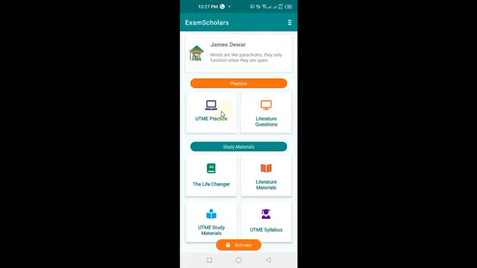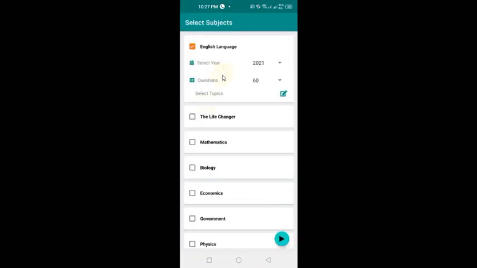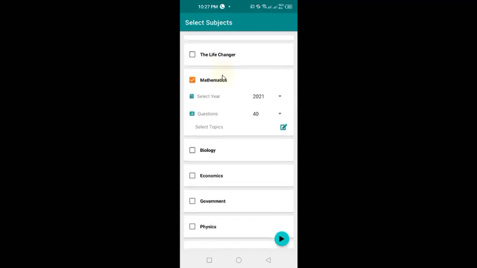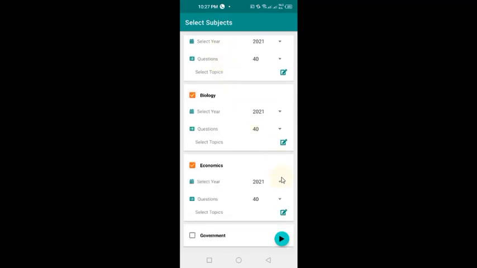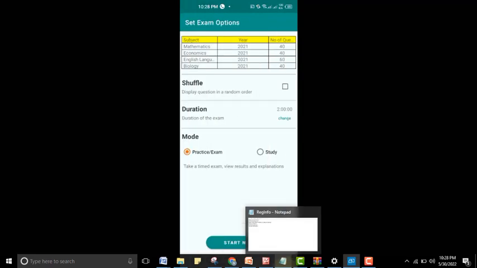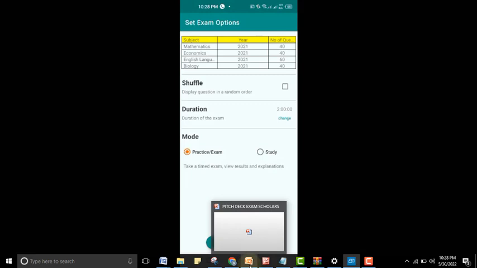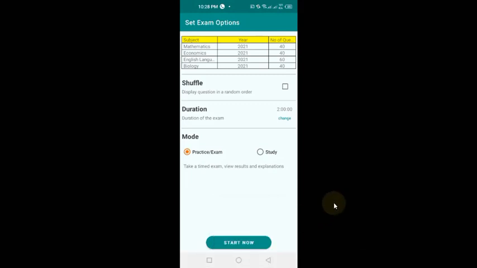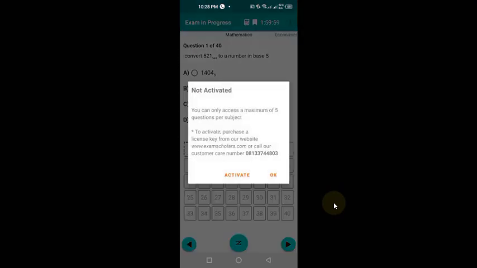Now you can see the same thing, the UTME practice, exactly. So this is exactly what it looks like. Now this is almost the same thing that it's on the desktop app, just that here you get to see it on the Android app. So you can see the activate button, so you can click on the UTME practice. You can select your English, your maths, your biology, your economics, and just the same way we selected, you can press the play button, and it's asking you what mode, and like that you can also start the exam, and